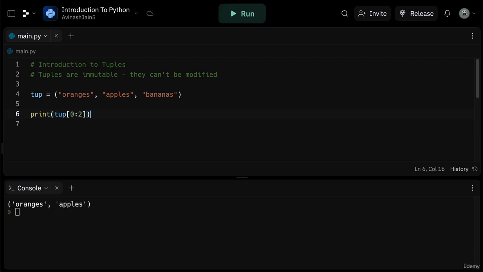Even though we can't modify existing tuples, we can concatenate them or create new ones based on existing tuples. For instance, if we have another tuple, say tuple2, which is a tuple of two numbers, 12 and 14, we can then concatenate tuple and tuple2 to create a tuple3. By simply saying tuple3 is equal to tuple plus tuple2, our new tuple now has both our fruits